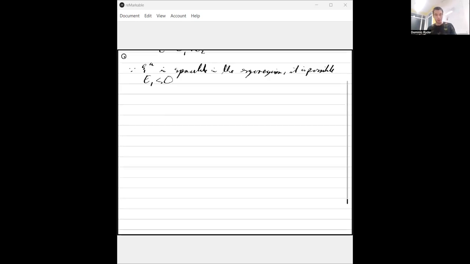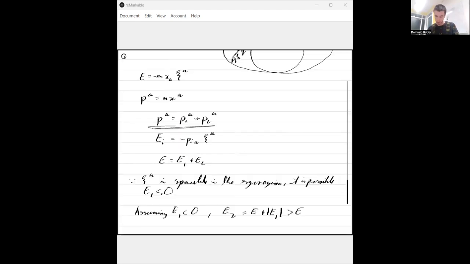And so, assuming that E_1 is less than 0, we still need to conserve energy. So that means E_2 can be E plus the norm of E_1, which is going to be greater than E. So if, going back to our diagram,